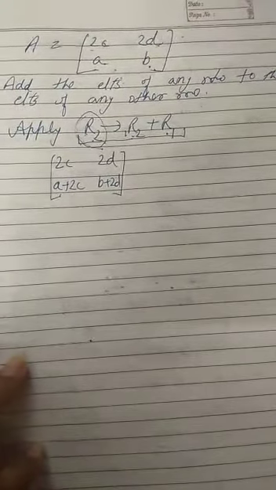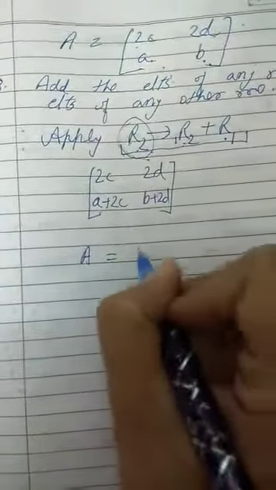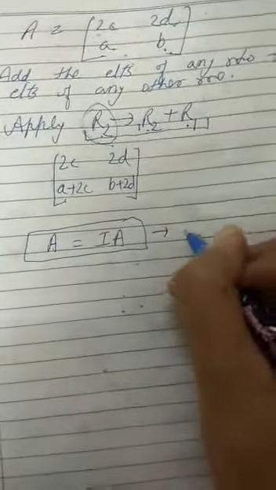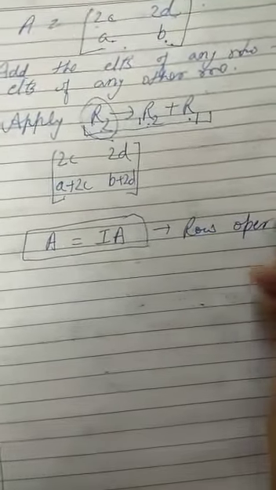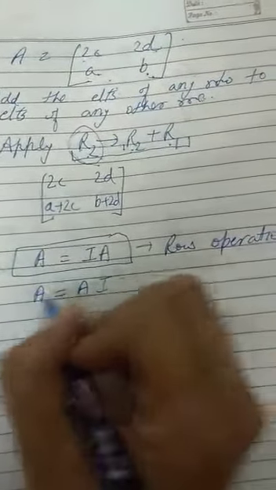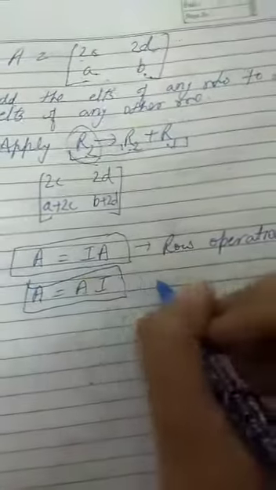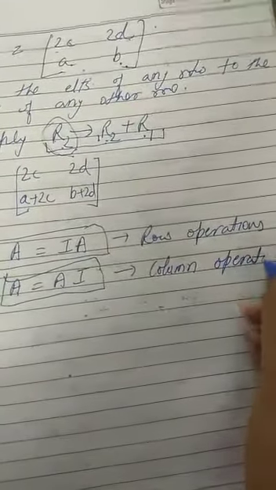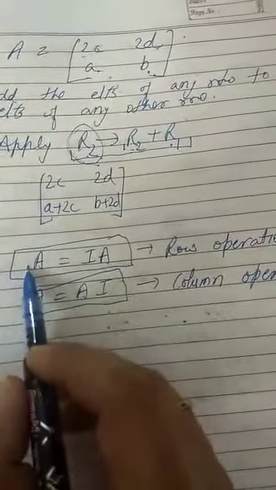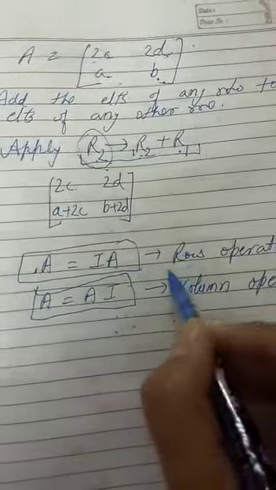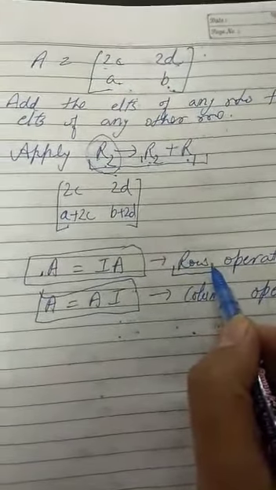And when we apply these operations in order to find the inverse, if I am writing A matrix is equal to IA, this notation we will use when we are doing the row operations, right? And if I start the sum with column operations, then we will start with A is equal to AI, and this means we are going to start with the column operations. This notation in the beginning will tell us which operations we are going to start the sum with. A equals IA, that means the whole sum will go with the row operations only. I will be applying the operations on rows only.